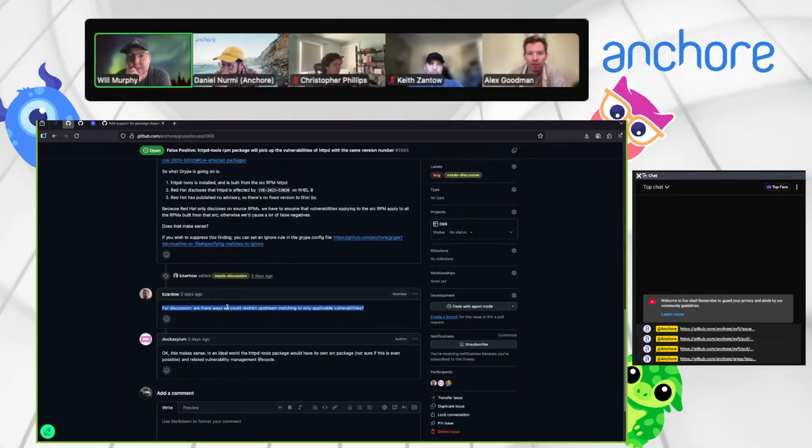Right. And so, sorry, go ahead. Go for it, Will. Right. So it sounds like if we wanted to have a rule like you ignore dash tools or something, we're just going to miss something in container tools that's actually vulnerable. And so it seems like maybe we don't have a good path forward here,